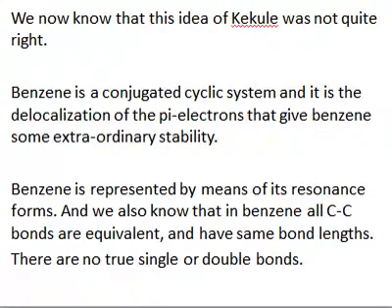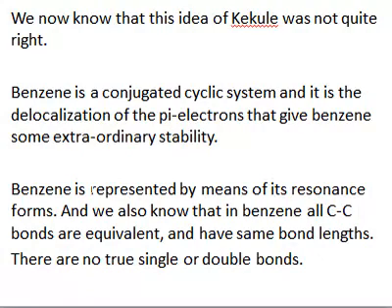Now we know that this idea of Kekulé, that benzene is in equilibrium with 2 of its forms, is not correct. Now we know that benzene is a conjugated cyclic system, and since the system is conjugated, it has delocalization of the pi electrons, and this delocalization of the pi electrons gives benzene some extra stability. Also, from the previous lecture we know that whenever there is conjugation, there is delocalization, and whenever there